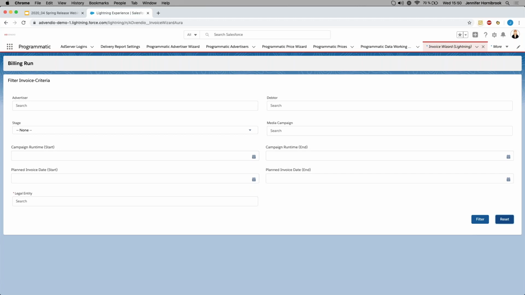And of course, your end goal here for the Invoicing Wizard is to invoice your invoices. So what our users could do is create a screen flow and place it on, for example, the account records. That way the user could be led through a series of steps or questions. For example, picking the planned invoice date, which you just saw me do in the demo. They could also assign the accounting periods, and through this, they could initiate a billing run directly from